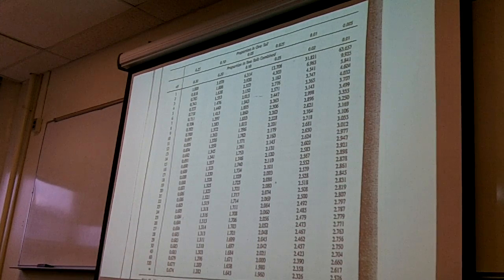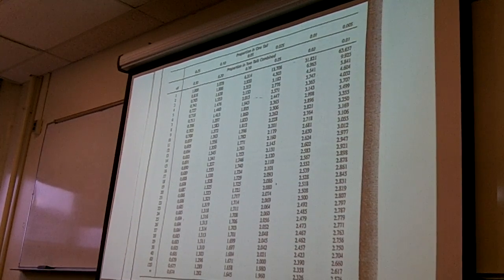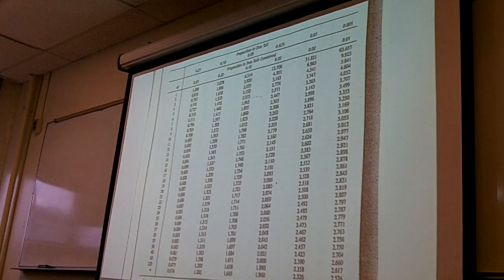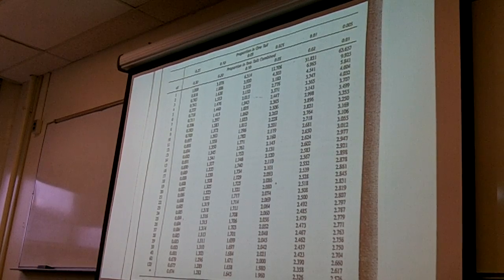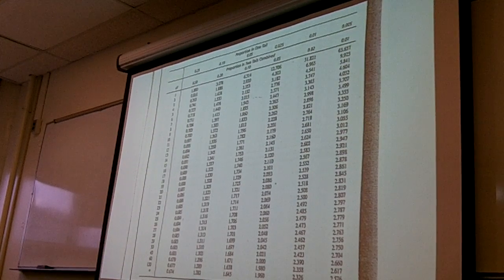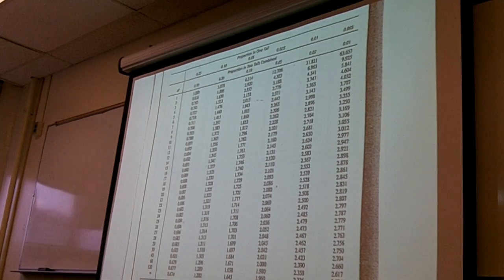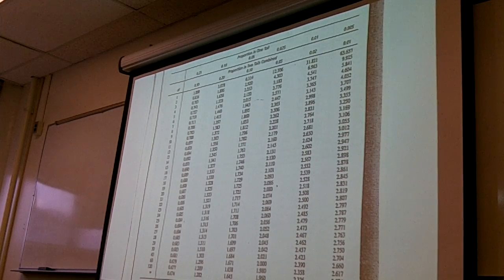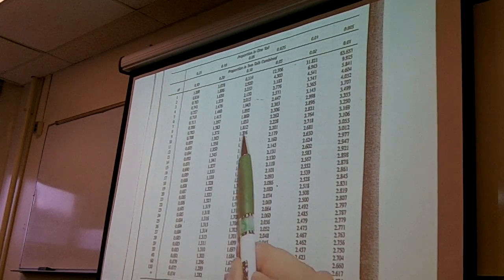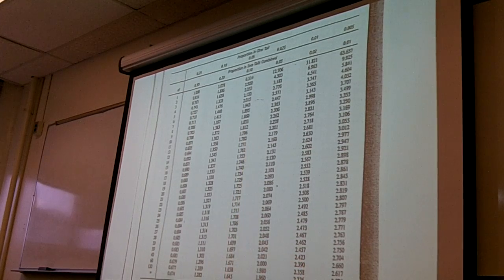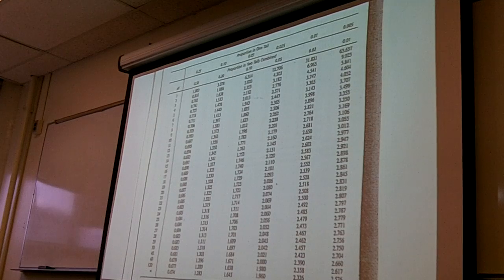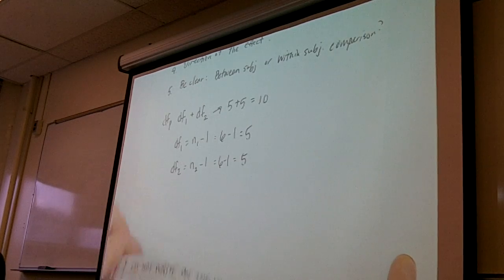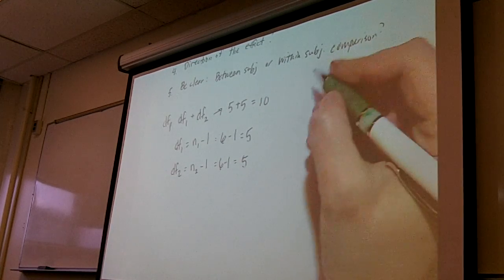Because we're using an alpha with a precision of 2 decimal places, we're always going to round all of our calculations and our critical values to 2 decimal places also, because we don't want to have numbers that are more precise than the alpha that we're using. Okay? So 1.812 gets rounded to what? 1.81. Okay. So we can now say that our T critical,